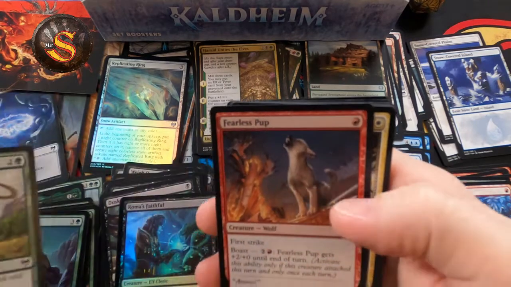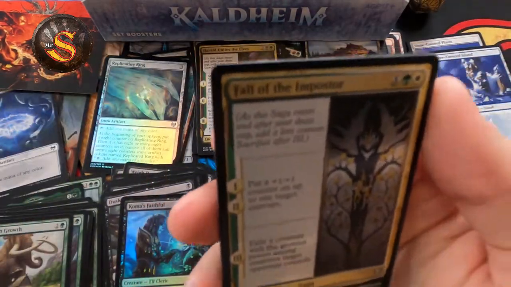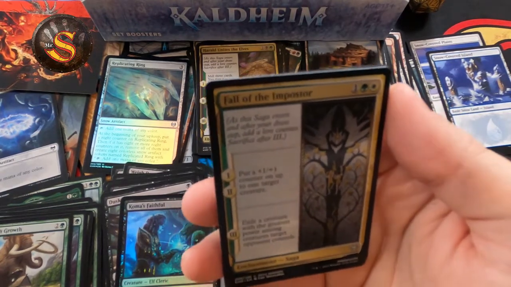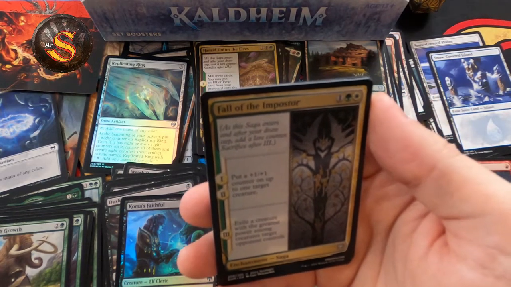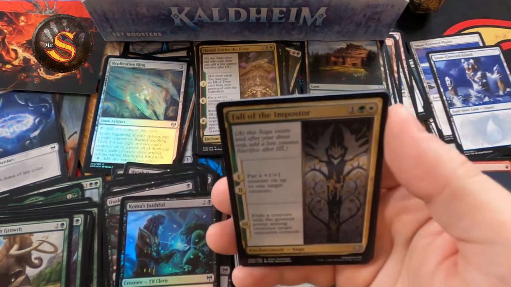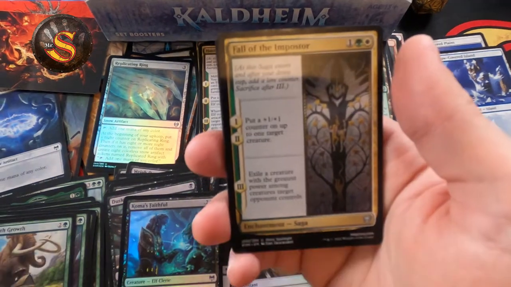Mammoth Growth. Fearless Puppo. Fall of the Imposter. So this is when they chase Tybalt, and he ends up planeswalking away when he gets knocked off while they're climbing a cliff. So put a +1/+1 counter on up to 1 target creature. Then